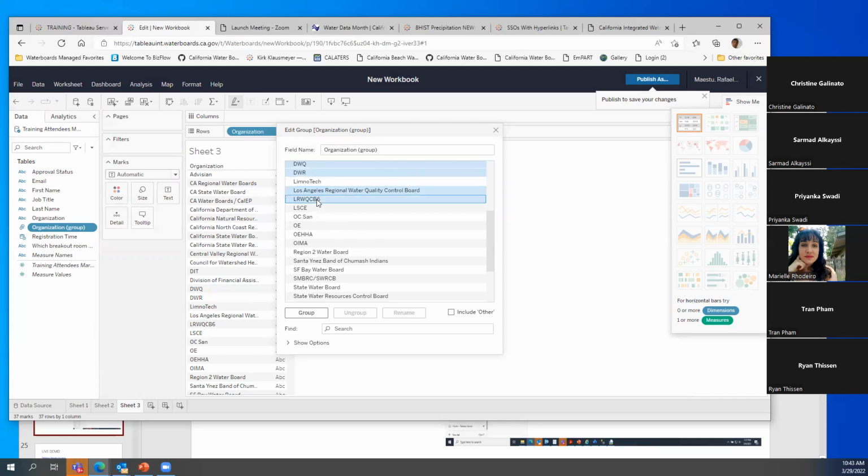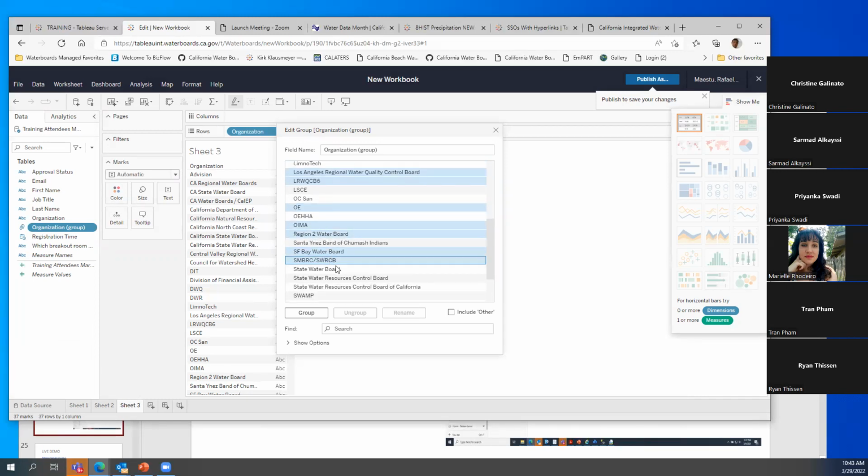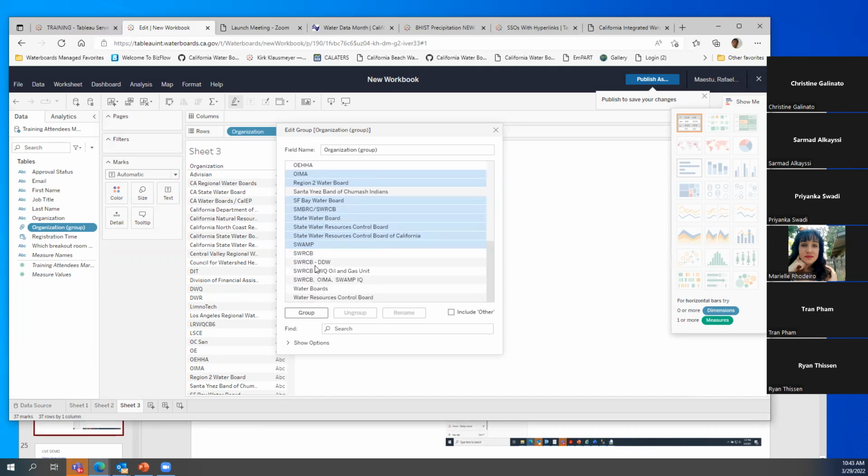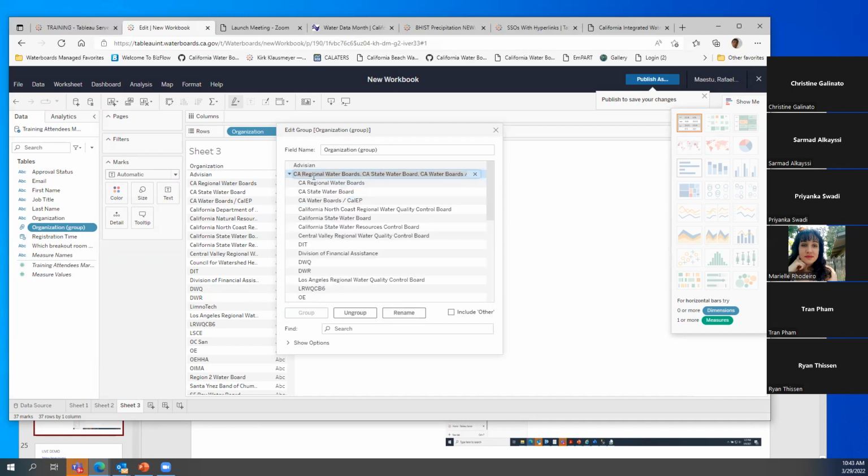right here on the fly, the people who I think are the water board staff. Okay, and then I group them, and I'm going to call these water boards.